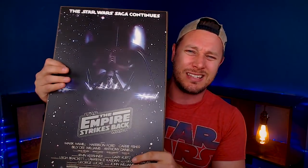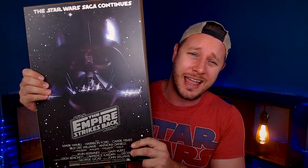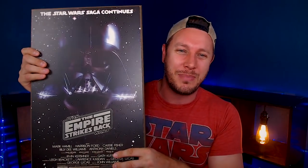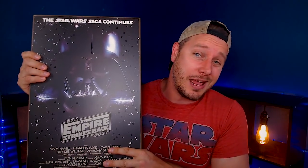Next up, we'll do my Empire Strikes Back. I don't really like this Empire Strikes Back poster, but this is just the one that they had. And it's got Vader, so that's kind of cool. But I wish that I had one of like just the classic painting ones of Han and Leia kissing. That would have been a better one. But this is the one that they had where the price was right. And then likewise,